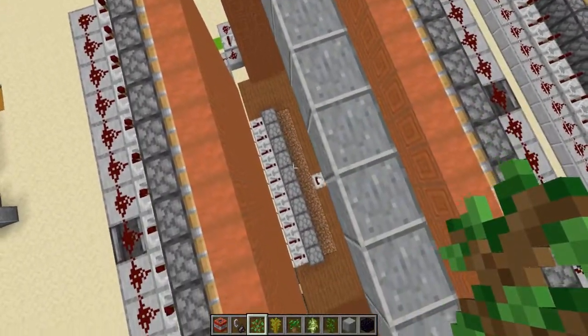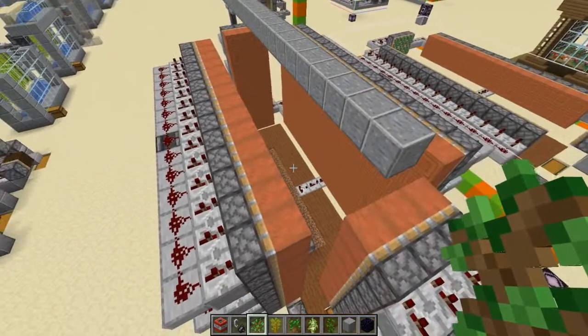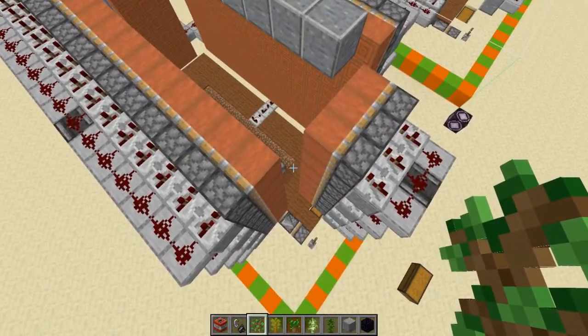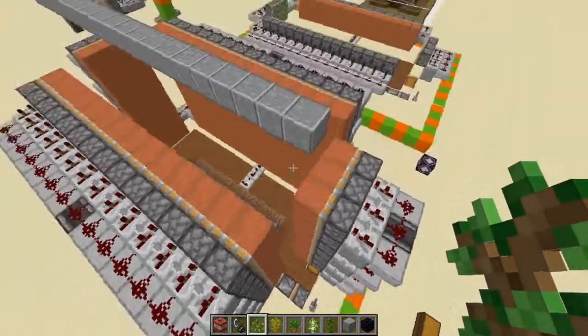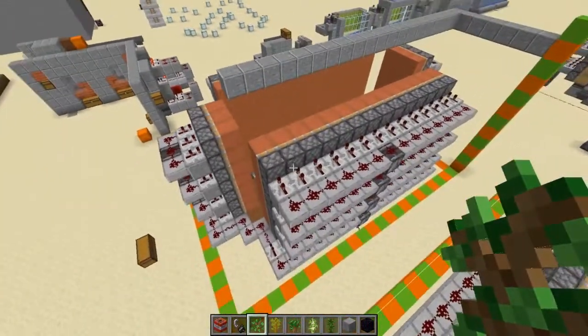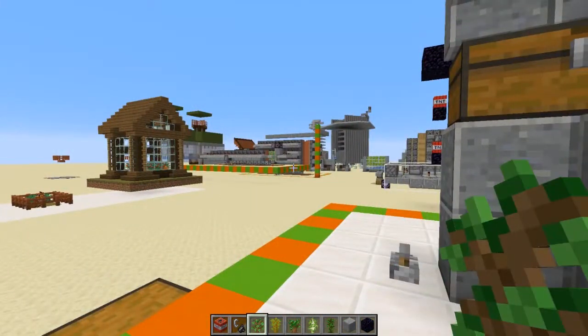We used to grow the trees, a comparator took the signal, fired all these pistons, squashed the leaves, and all the saplings dropped down into hoppers and into a chest. A whole lot of redstone. Simple redstone, but still a whole lot of redstone. So I've changed our tree smasher